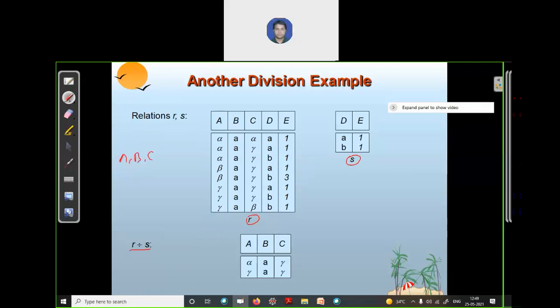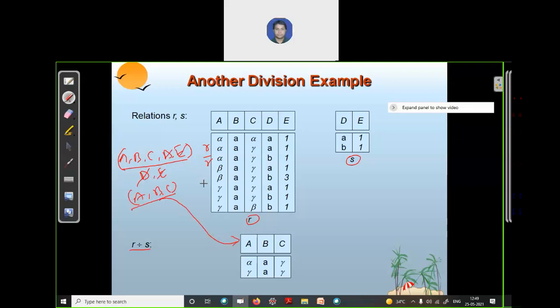A, B, C, D and E are the attributes of relation R, divided by the attributes of S, which is D and E. When you cancel out D and E, only A, B and C are the three remaining attributes for the resultant, as you can see here. This is the first step: you define the structure of the resultant relation.